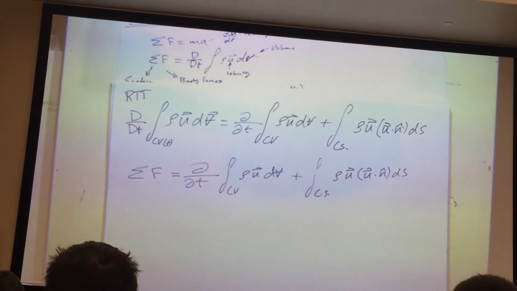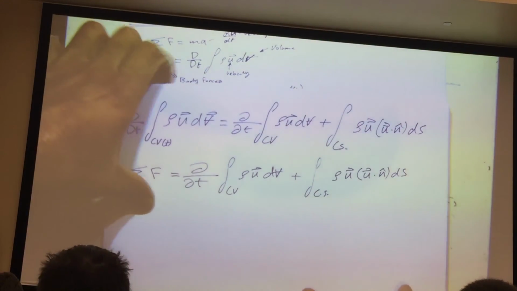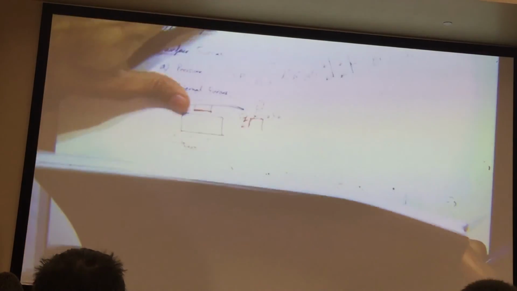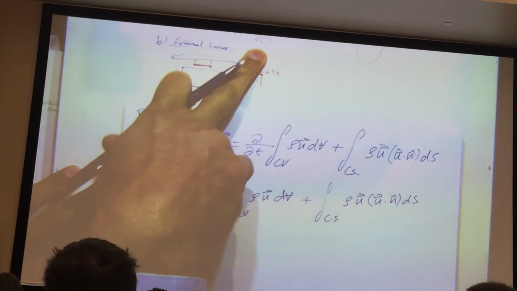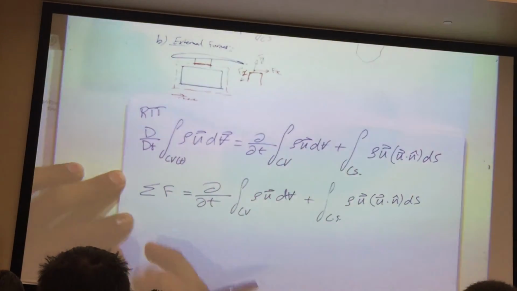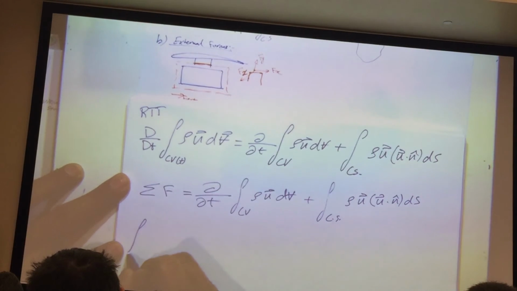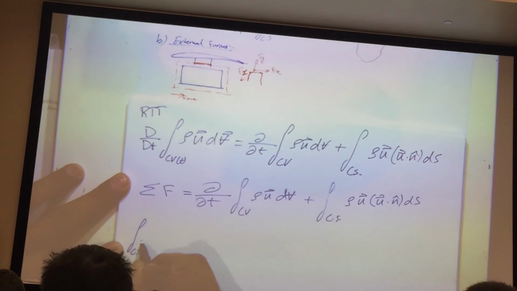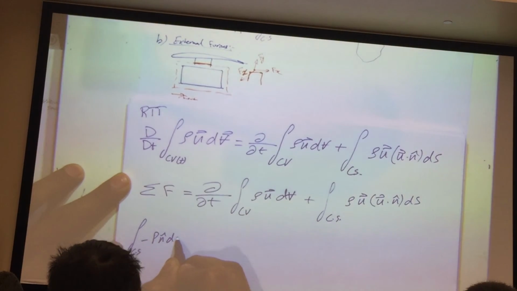Well, I need to decompose the sum of forces. I have two forces: pressure forces and external forces. My pressure force is an integral over my control surface. So take this and substitute here. The sum of forces is equal to the integral over the control surface of minus P n ds